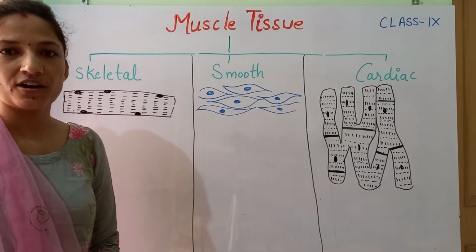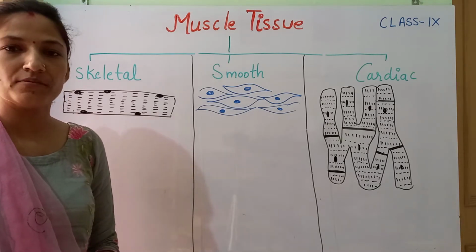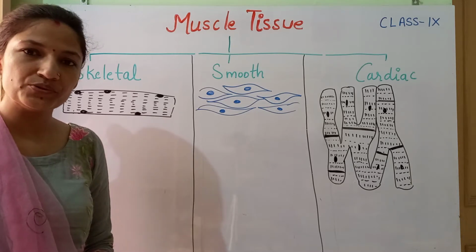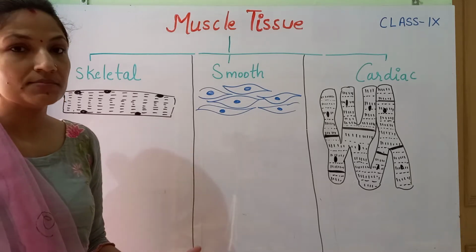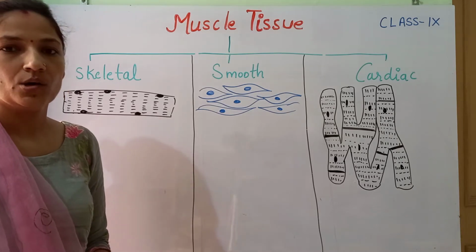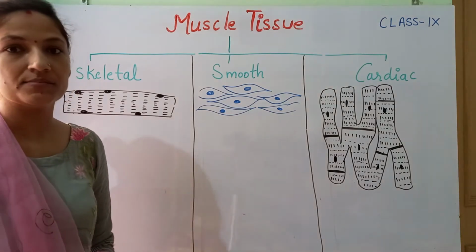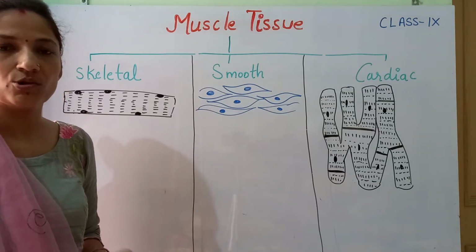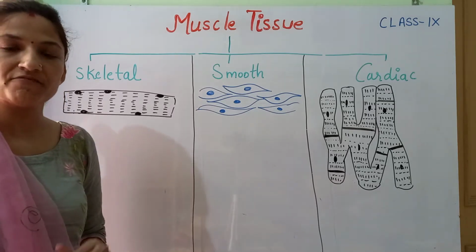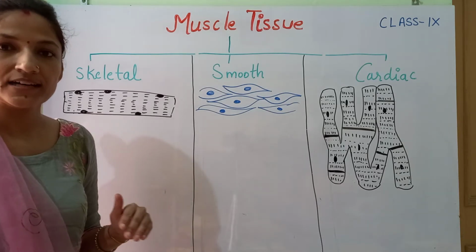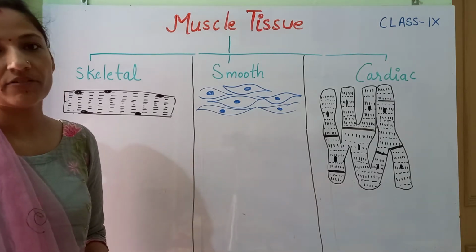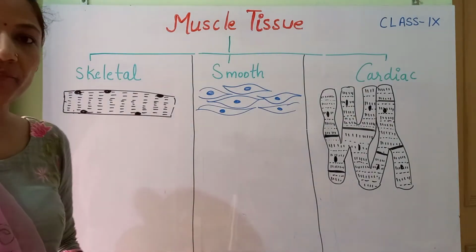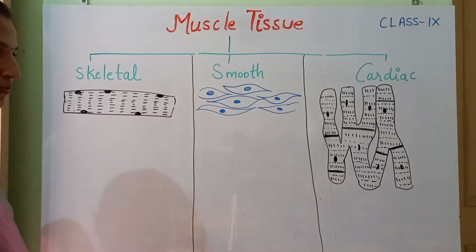Today we are going to talk about different types of muscle tissue. In our previous lecture, we introduced what the muscle tissue is made up of and what type of movement is shown by the muscle tissue. So today we are going to take a look at the different types of muscle tissue, where they are located and what kind of functions they perform. Fine. Especially what type of movement is shown by the muscle tissue.